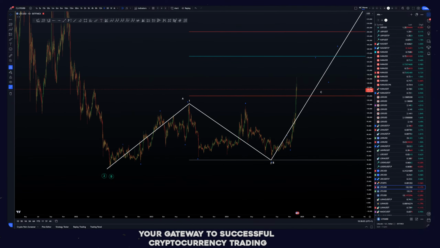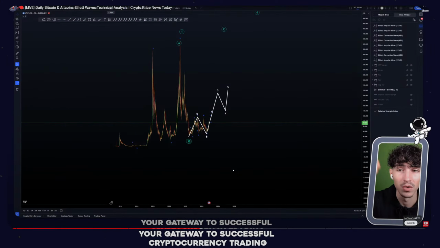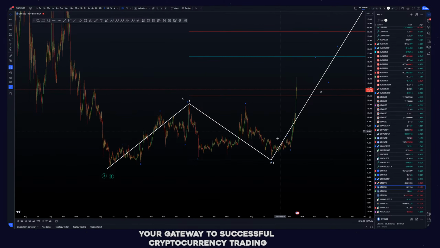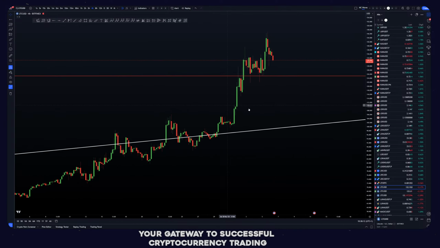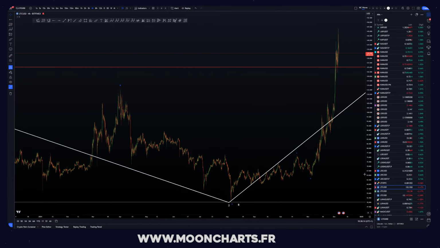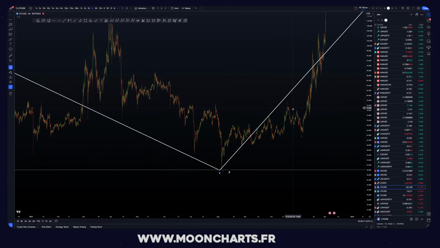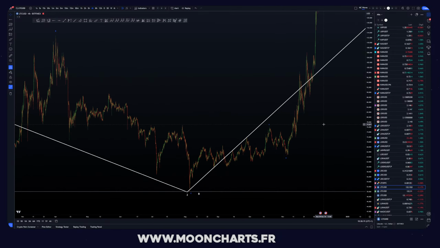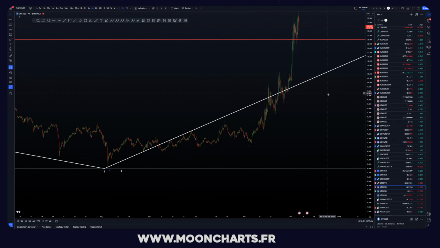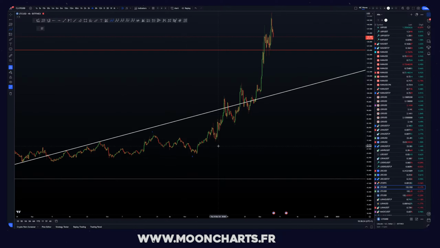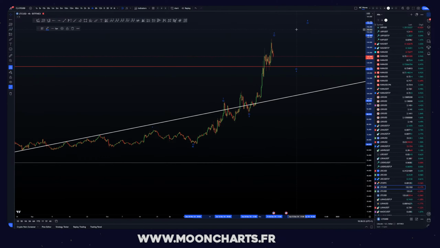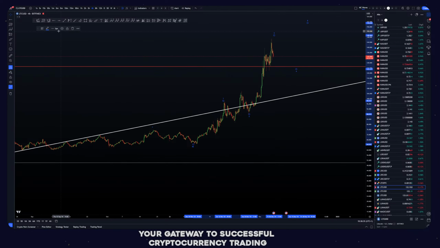So please go and check out the last update. This was for the higher time frame. Now we're going to cover and stay focused on this latest pump. So this right here for me is a full wave 1, 2. The wave 2 is very short, but it's fine. And so next we have this kind of wave 1, 2 here. I'd say wave 1, 2 like this, and so 3, 4, 5. Let me just confirm that.